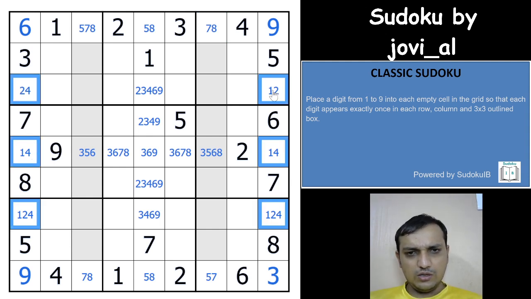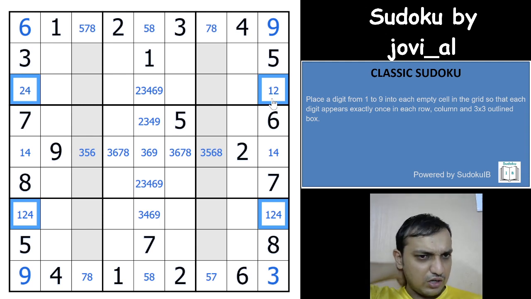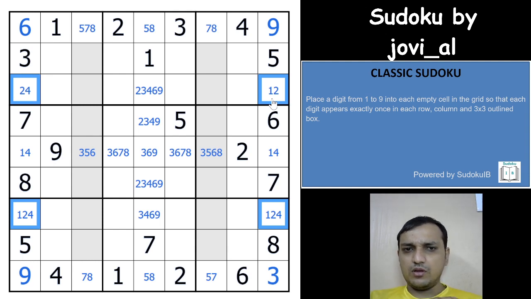a 2 here gives you an x wing of 2 in first and last columns. So 2 is in one of these two cells, 2 is in one of these two cells. So just a brief introduction of what is an x-wing technique. The x-wing technique is really an excellent technique of eliminating a particular candidate from either whole row or column, 2